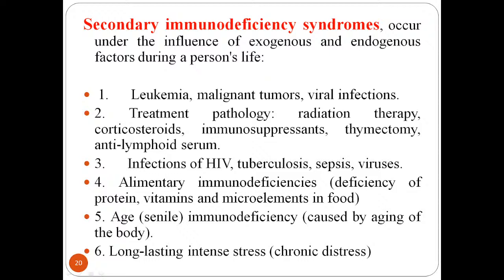Secondary immunodeficiency syndromes occur under the influence of exogenous and endogenous factors during a person's life. What are the factors during a person's life? For example,